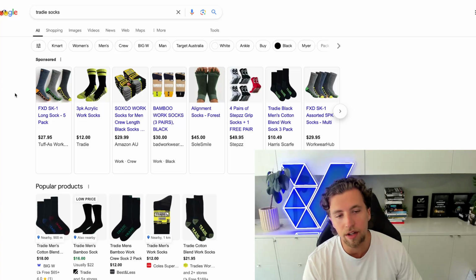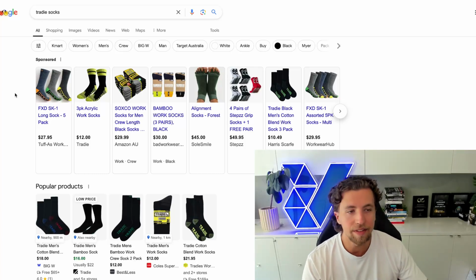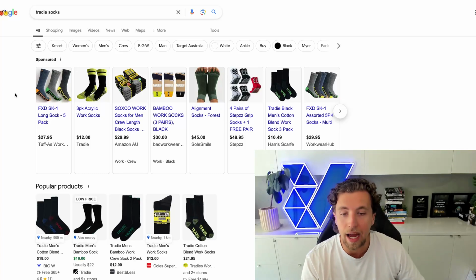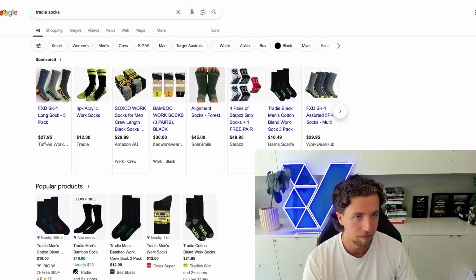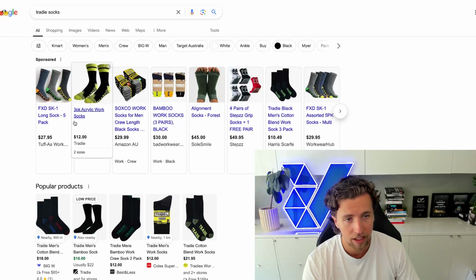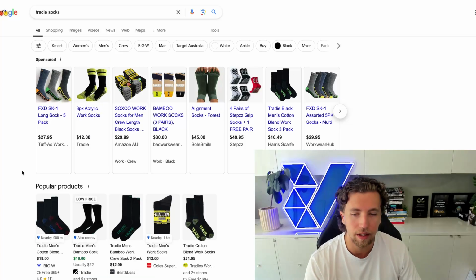Fantastic. So we know that they're not going to wipe the floor with us. Even if they're ranking 5 or 6, they're still not going to capture all of the traffic due to them having such a strong value proposition. Amazing. And so in this case, I would be significantly increasing spend towards branded shopping and branded search.